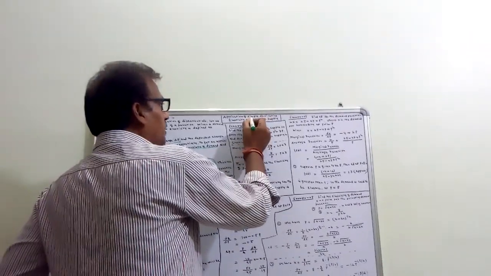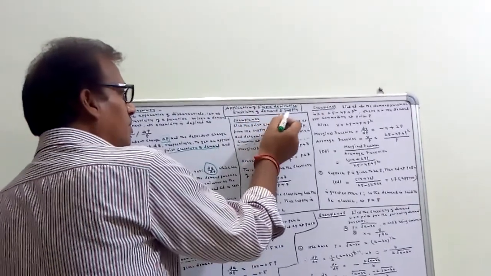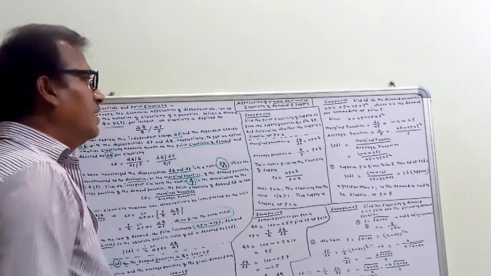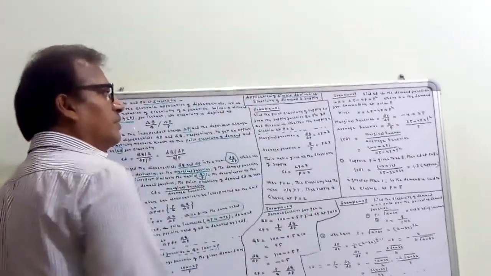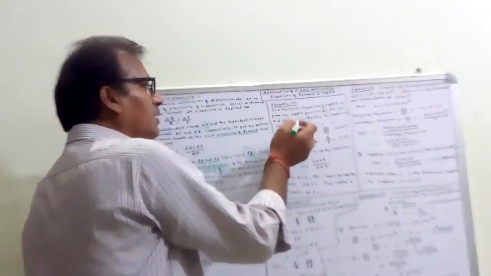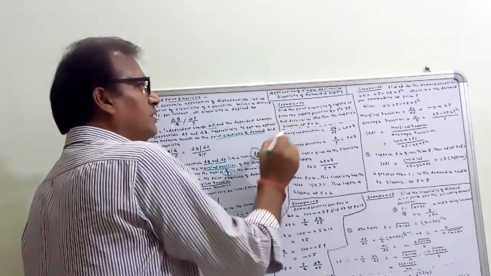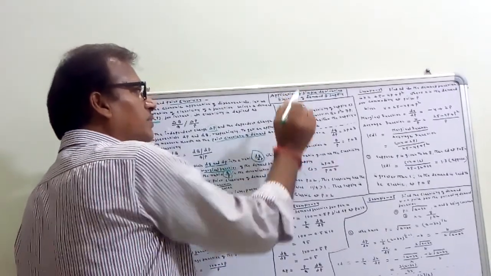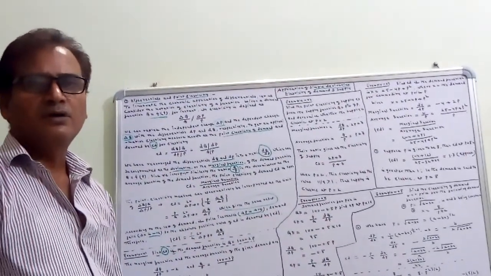Application of simple derivatives, elasticity of demand and supply. It means that how elasticity of demand and supply can be measured by using simple derivatives. अर्थात मांग की लोच और पूर्ति की लोच की गणना सिंपल डेरिवेटिव्स की सहायता से कैसे की जाती है, इसी के बारे में आज आप लोगों को बतलाना।